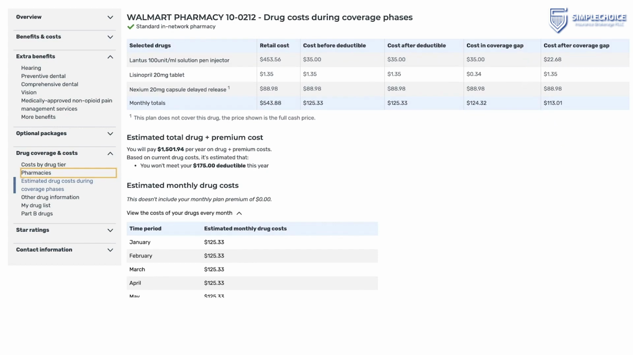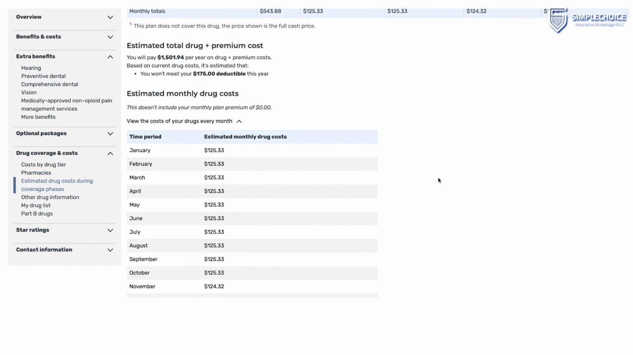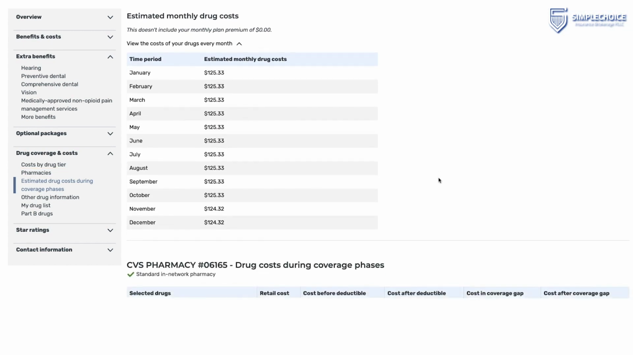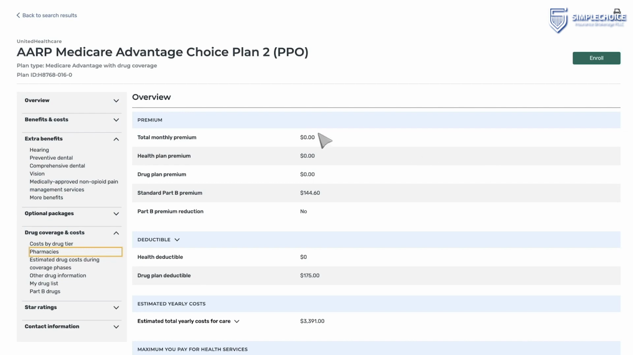If a drug you take isn't covered by the plan, it will display the full retail cost across all the columns. If a drug you take isn't covered by the plan, you can look at other plans or consider asking your doctor whether you can take a generic drug instead of the brand name drug to help lower your costs. Generally, you'll want to look at your estimated monthly drug costs to see your costs broken down for each month of the year. When you're done looking at plan details, scroll to the top of the page and click Back